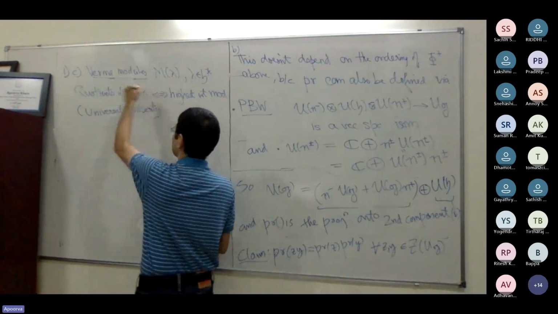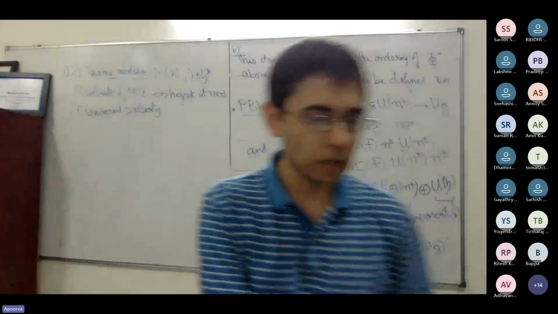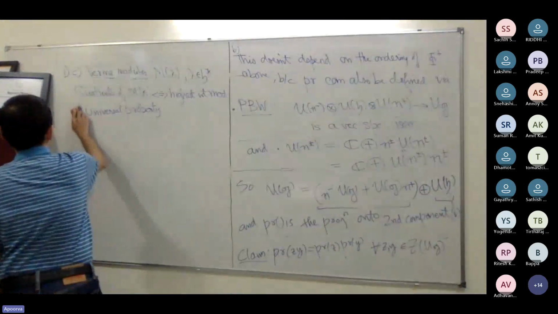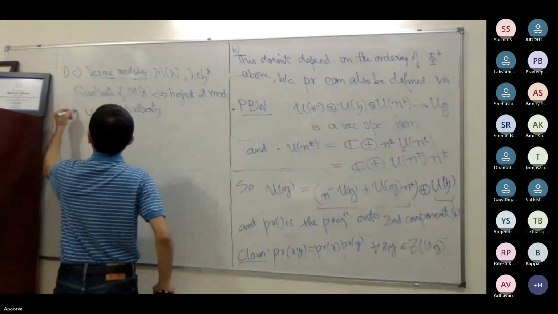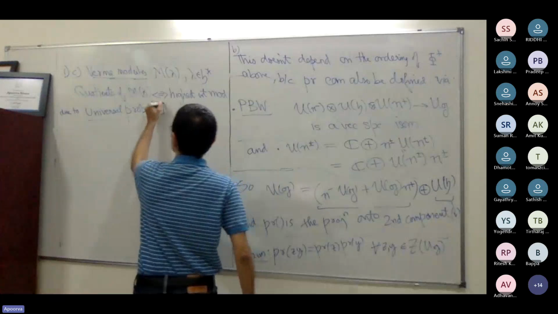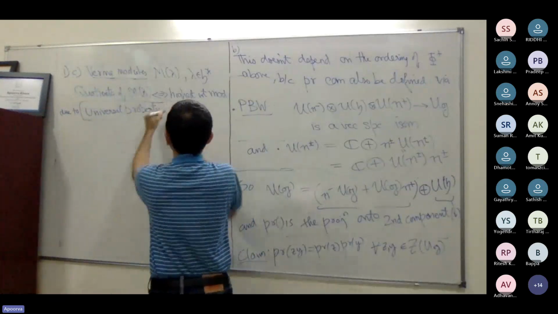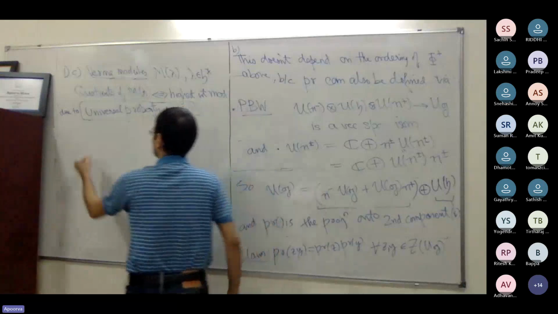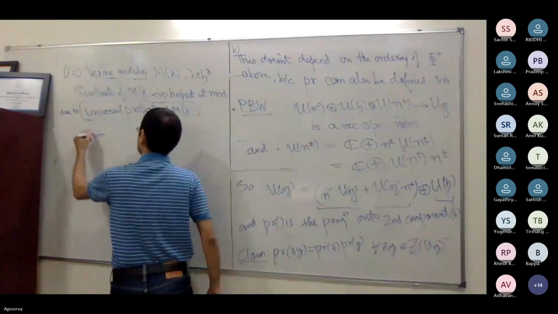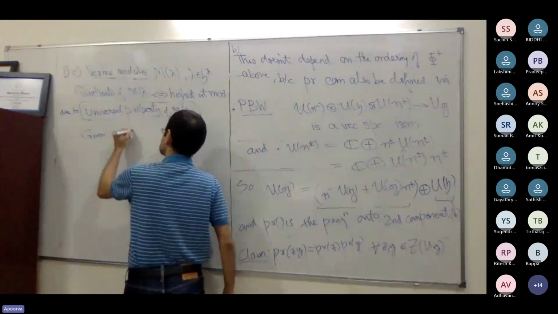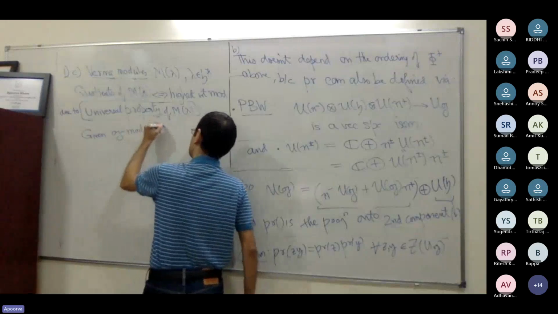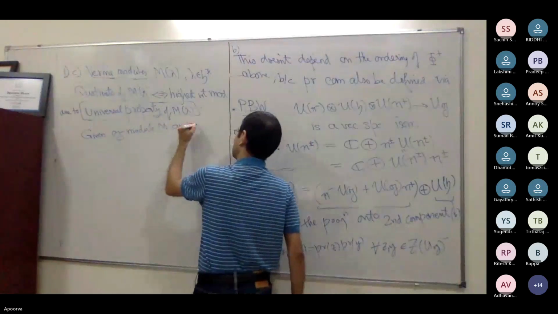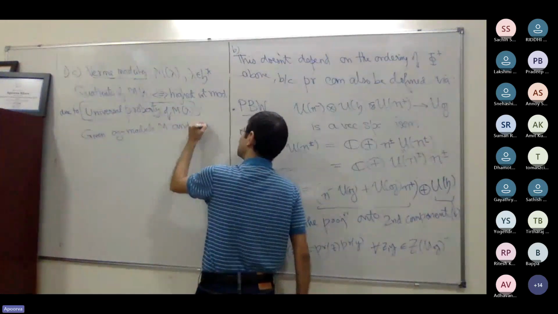Maybe I should say this is if and only if this happens. And I said because of a universal property. Due to the universal property. What is the universal property of a Verma module? Given a G module M and a maximal vector